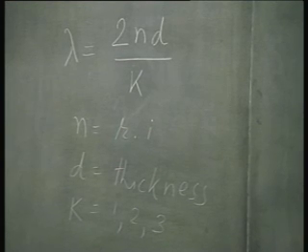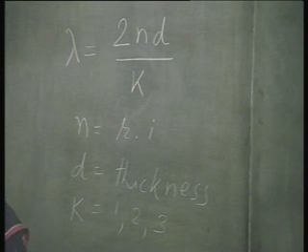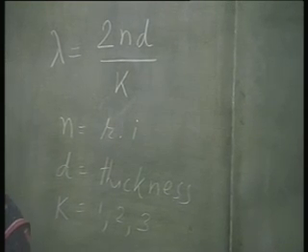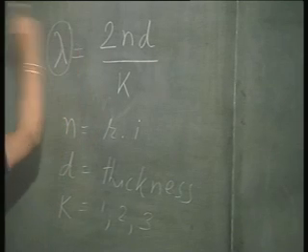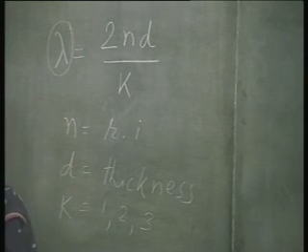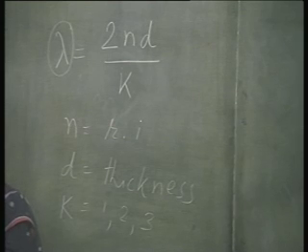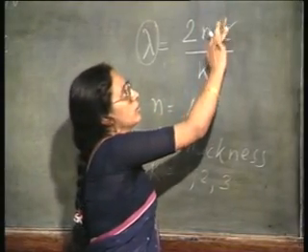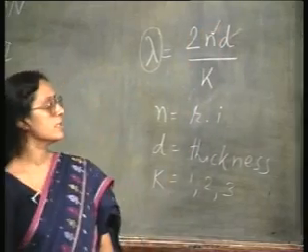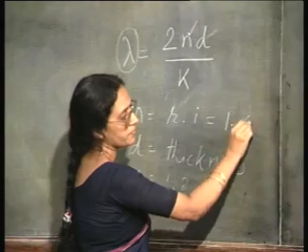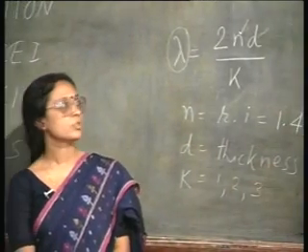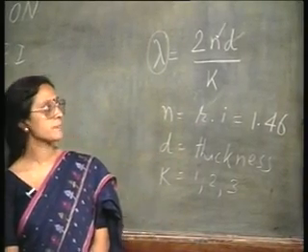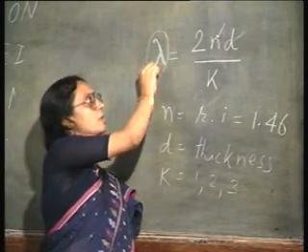Now, what happens if this transparent film is subjected to white light? White light, as you know, is a composite. So, in that case, that film will appear colored corresponding to this particular wavelength. That is why when there is oxide on silicon film, depending on its thickness, it appears differently colored, blue or pink, something. Now, the refractive index of silicon dioxide is known, and that is 1.46. So, by using that refractive index value of 1.46 and looking at the color corresponding to the lambda,